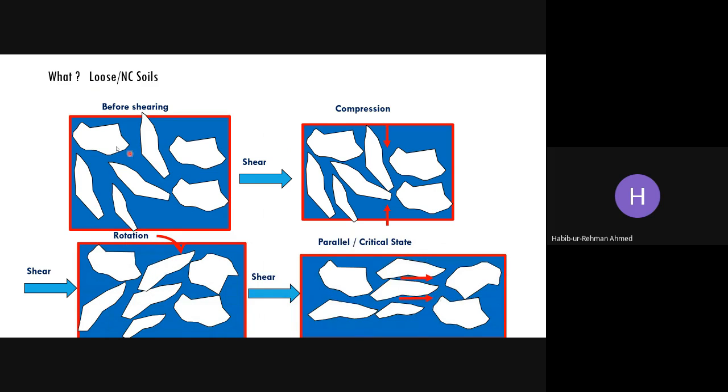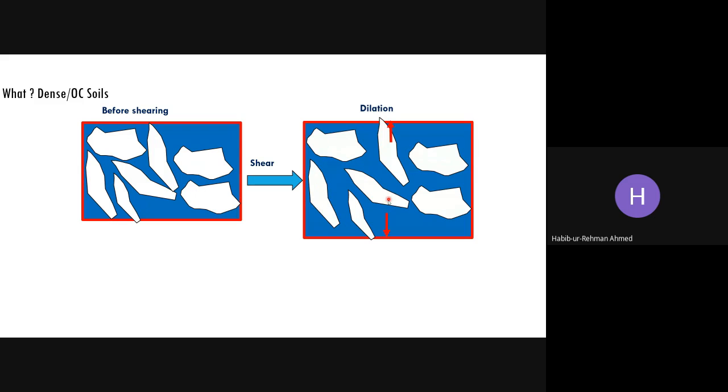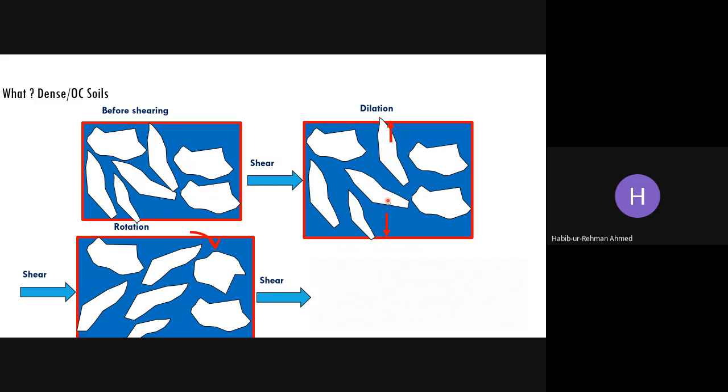So from shearing to this critical state, the soil particles go through different distortions, depending upon whether it is a loose soil or dense soil. For loose soil, this is the behavior I have shown you, and for dense soil, before shearing you can see the dense state, the particles are very close to each other. When we shear these particles, there is dilation occurring. This dilation makes its peak strength very high, and then rotation,